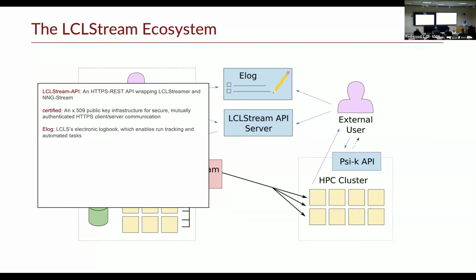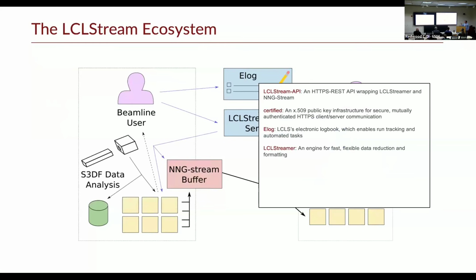Then the ELOG, I mean, we worked with Wilco and Murali, who internally in our group developed the ELOG to start to integrate this. And then we have the other pieces missing, the LCLS streamer, which I told you about a few slides ago, and the NNG stream, which is itself the cache. The cache is a dumb cache. So whatever comes in, it just sends it remotely and has a pushback system. So if the receiver doesn't read data fast enough, of course, the cache fills up and then stops the LCLS streamer from reading the data.